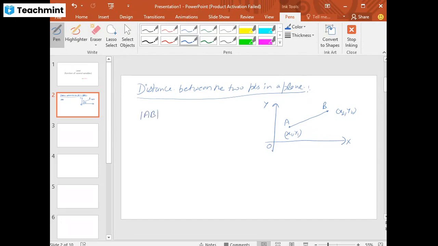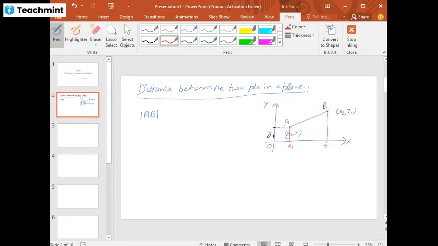To find it, what can we do? If we simply draw a perpendicular from this point, then this point is x1 and this perpendicular distance is our y1. And also we draw a perpendicular from the other point,